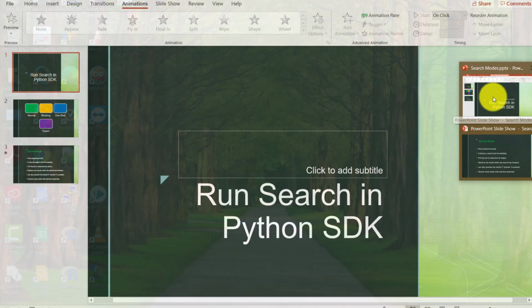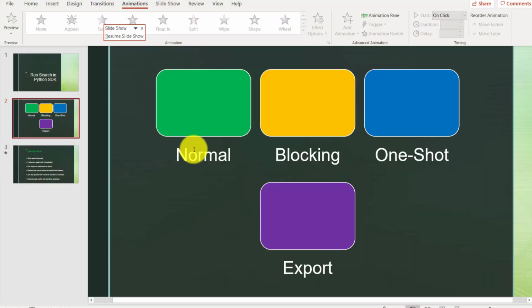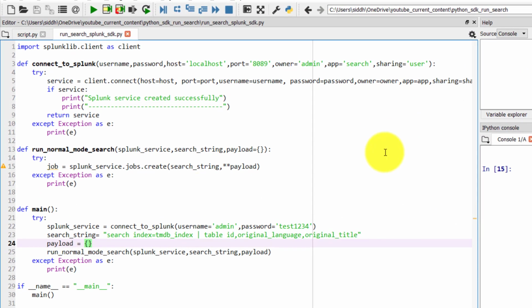There are different modes of searches, and we are only talking about the normal mode today. There are blocking mode, one shot mode, and export mode as well, which we'll see later. So in that Python dictionary, that value we need to pass over here.